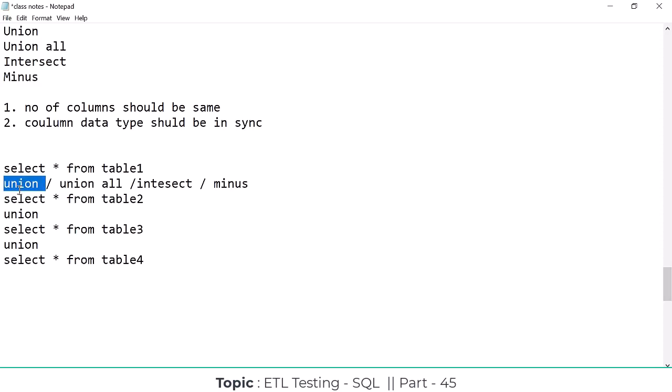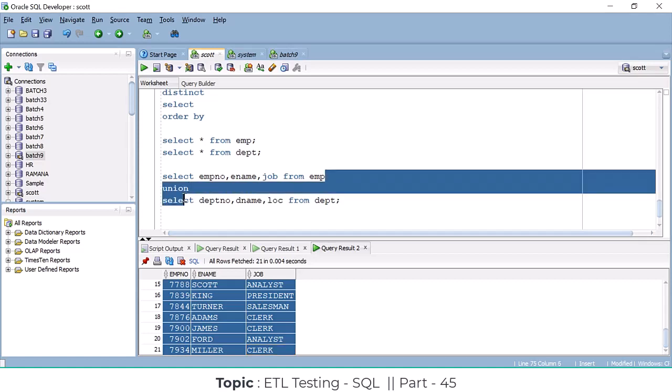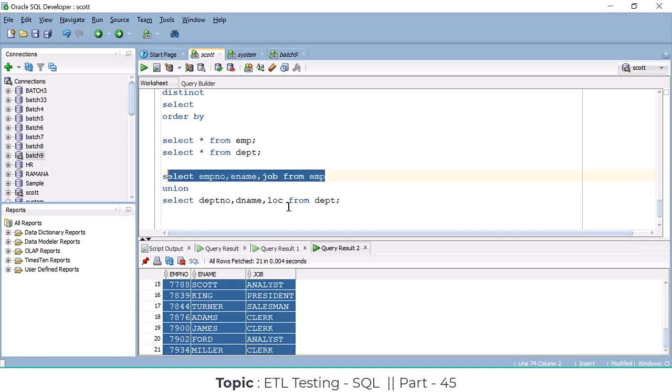Union is nothing but it will combine the two tables' data without any common column. Here we don't have any common data. In this table, these three columns, there is no common data, right? Still we are combining the data. We can combine the two tables, two query result data by using union all. But the same data is there here and here. For example,